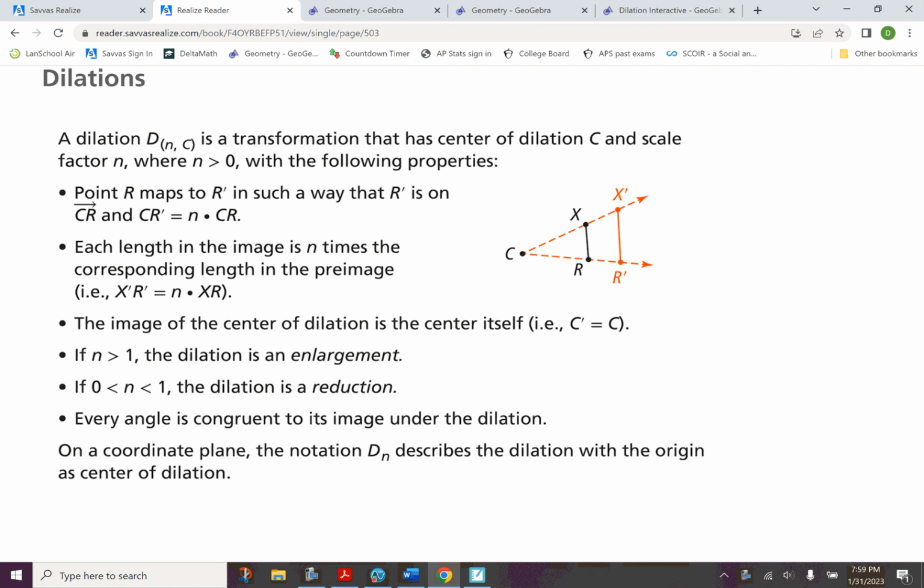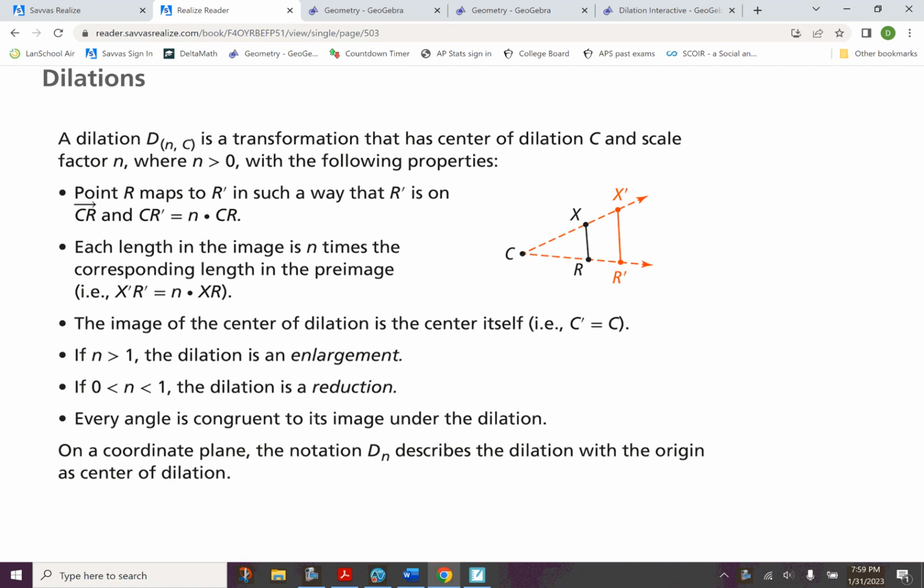So again, we defined our previous transformations, with reflections and translations and rotations and glide reflections, as a process of mapping. So the first point there, a dilation will map point R onto, again, we're going to call it R prime. Try and make sure that we understand the connections here. So it's on ray CR, again, point C is the center. So from the center to any vertex,